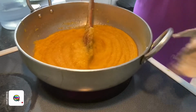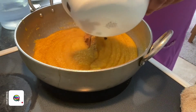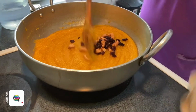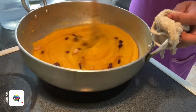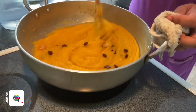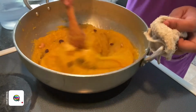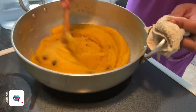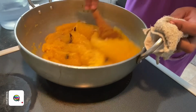At this point, you can add in your raisins. So get your raisins and then mix it up. You can even choose to add in more ghee if you want to. I know some people just love lots of ghee, but for me, as you can see, the ghee is still here, so for me this is really good enough. So just keep mixing it until it becomes dry more,